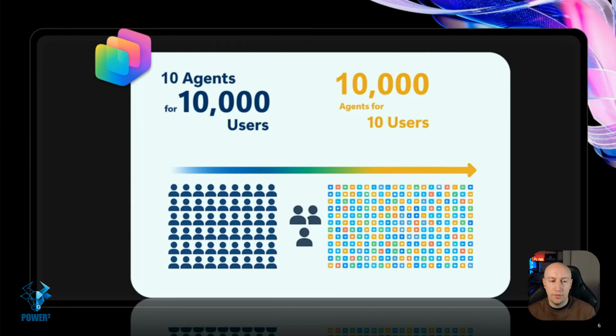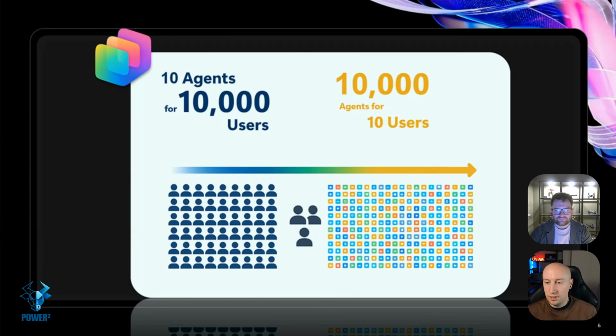It's basically a concept of, if we think about in Power Platform, where you've got your really simple apps and automations that you create in the default environment, that's your productivity environment, right? It's similar to that concept of building these really simple, small things that are almost like throwaway things. That's your 10,000 agents for your 10 users. So you have your users creating tons of agents that do small, useful things for them. So that's your one on the right-hand side. On the left-hand side is your 10 agents for 10,000 users. These are your 10 agents that do mission-critical things, really important. This is your Copilot Studio side. So yeah, that's the general concept. So should we dig into it a bit?